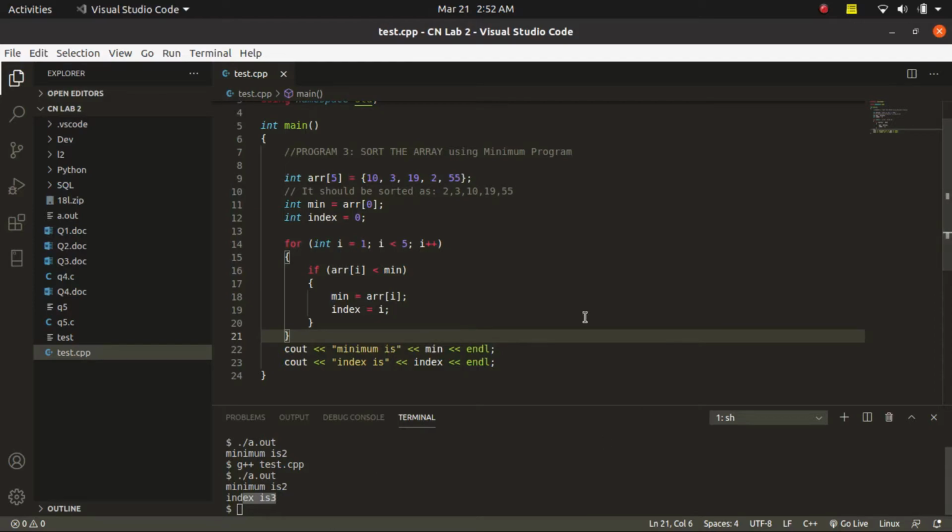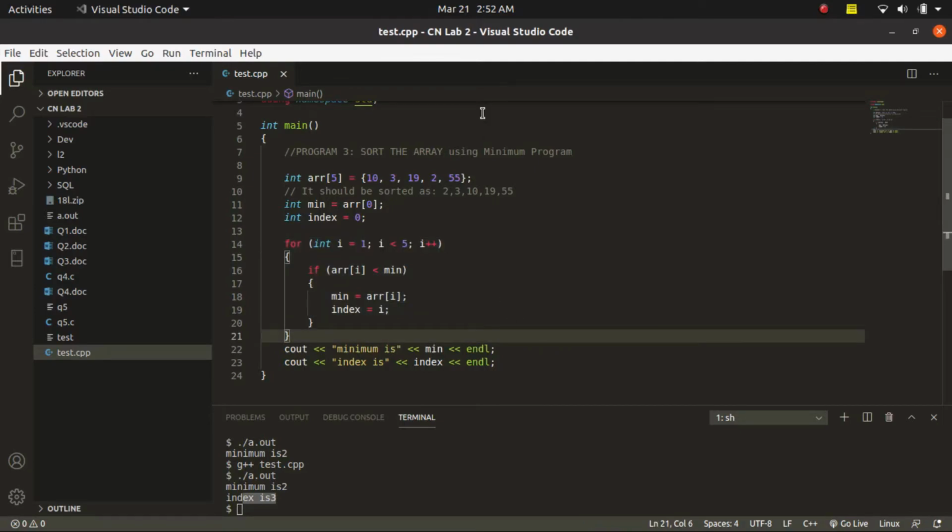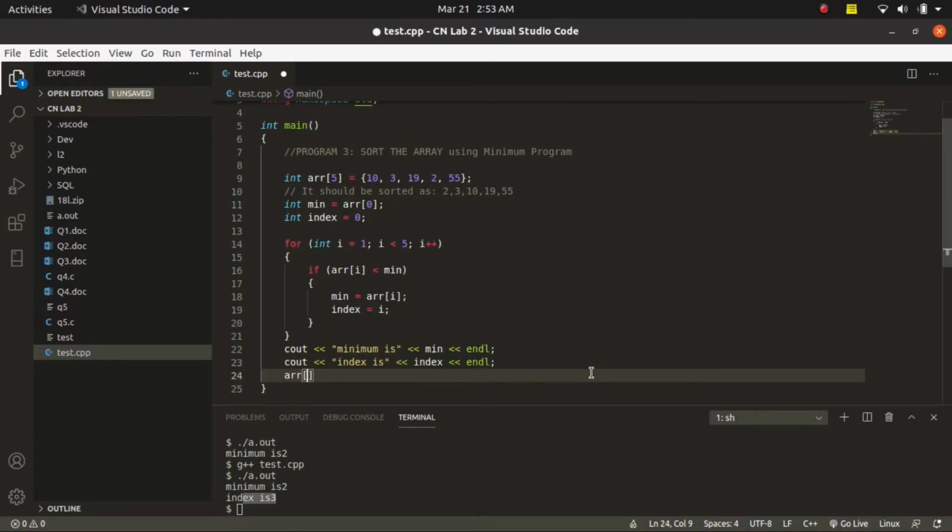So we have already found the minimum, and then I'm just going to copy paste this minimum code to find the second minimum as well. But before I do that, I need to make sure that the minimum is changed. Because this code is only finding the minimum, it is not designed to find the second minimum, but we can modify our program to find the second minimum as well. And to do that, it's really easy.